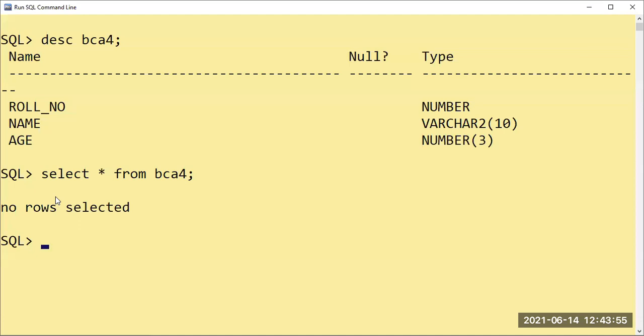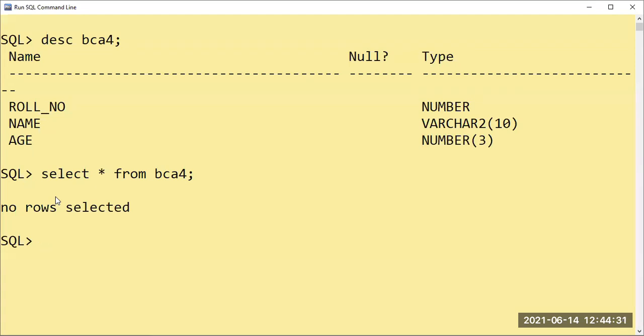Before entering the details, I'll give you the alteration commands also here. Alteration is renaming the table, adding the column, dropping the column, modifying the column here. Let me tell you, you can rename your table. I mean, you can change the table name. You can add the column. Now here age is there. If you are interested to add the city, address, that also we can do for this table only. And if you are not interested to provide the age, you can drop that age here, and you can change also here. So let us now I'll say alteration of the table name.